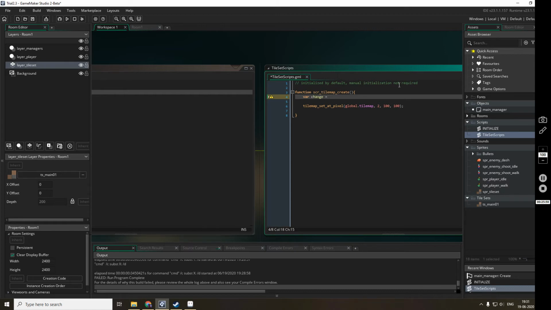Chance is equal to a percentage, right now. Okay, var px, this is the current x position where we have to mark a ground. Var px is equal to